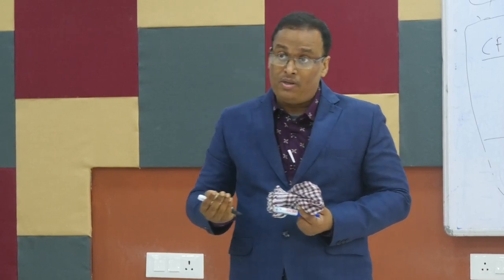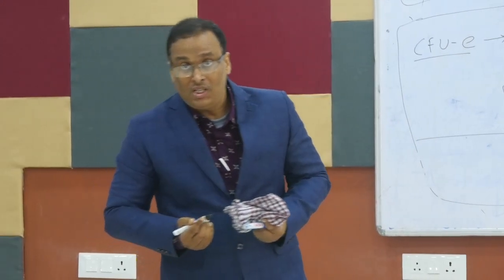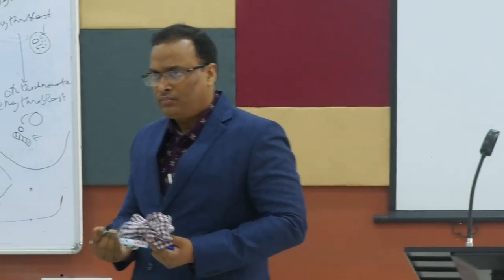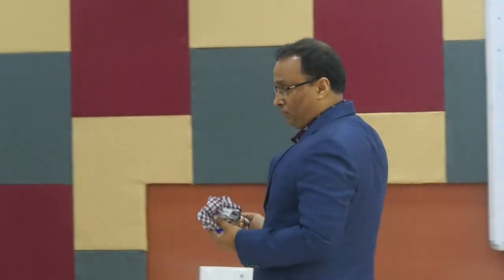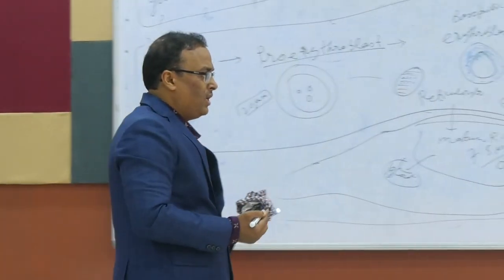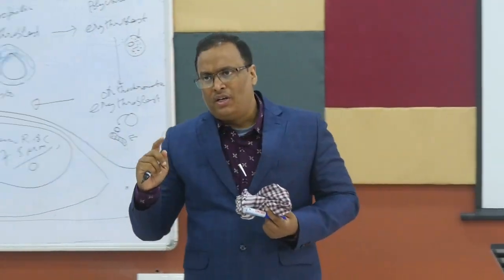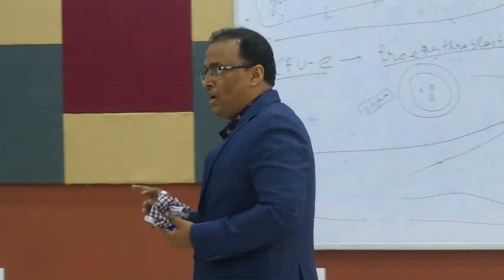erythropoietin. Remember always, erythropoietin is released mainly from the kidney, the PCT, that is the proximal convoluted tubules of the nephron, and also to some extent from the liver, because in the fetus the erythropoietin is secreted from the liver. But in your exam, if it is asked where erythropoietin is released, you have to tell two things. That is, erythropoietin is released mainly in case of adult from the kidney, that is mainly the proximal convoluted